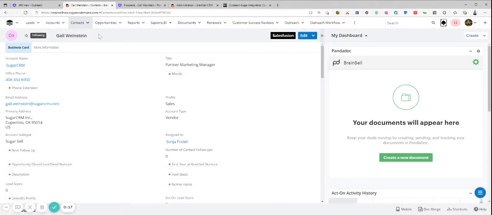While you're inside of Sugar, you'll see that there's a down arrow to manually sync a record. This can be a lead, contact, account, or opportunity over to Outreach. However, this doesn't usually need to be done because there are sync roles that one can set up, your administrator,